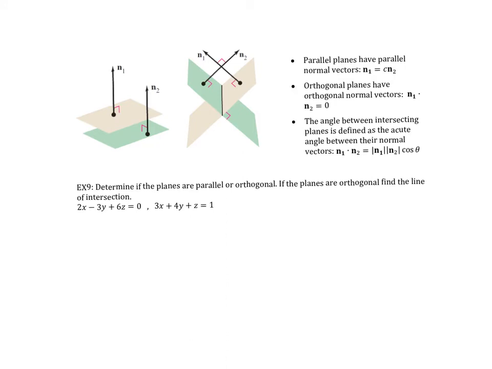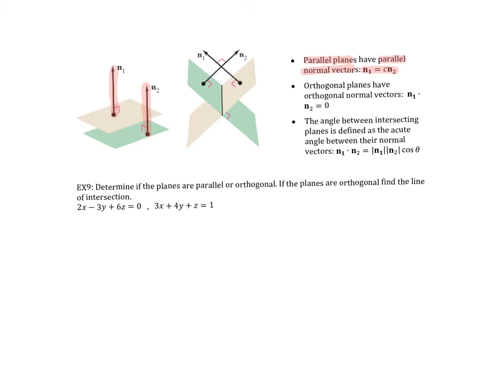This last page is looking at properties with intersecting planes or parallel planes. So if we look at these diagrams, notice the first diagram, we have two planes that are parallel. And if you have two planes that are parallel, their normal vectors will also be parallel. So if you have parallel planes, they have parallel normal vectors, which means that their normal vectors are going to be multiples of each other,